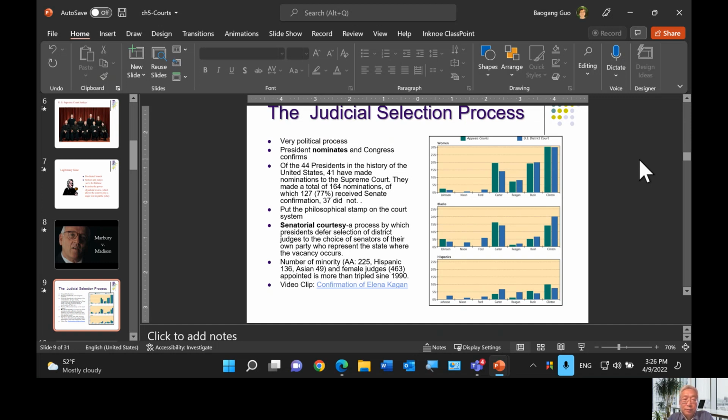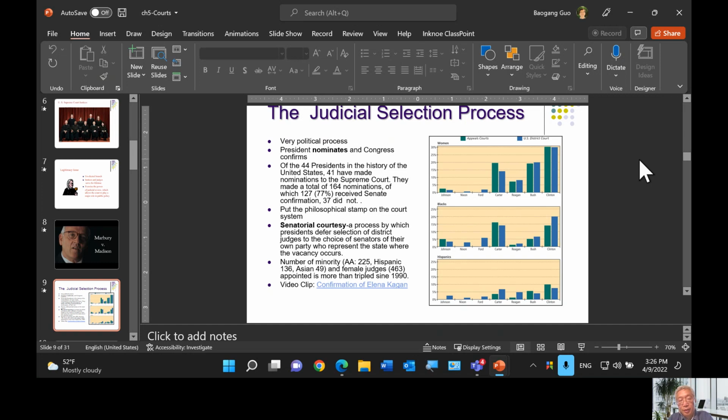So there is a practice called senatorial courtesy, in which the president will defer the decision on whom to nominate, and instead will let the senators from the state where a vacancy occurs in the federal district court decide. And by doing so, the senators will normally concur with whatever their colleagues choose for their own state.